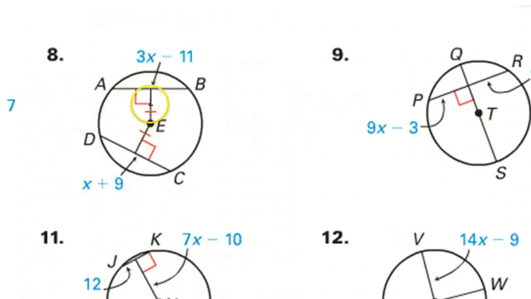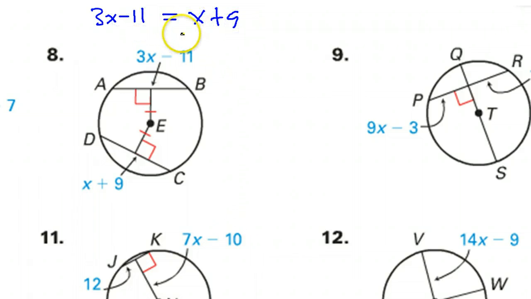Alright, here's a new theorem. If the perpendicular distance of a chord is equal to the perpendicular distance of another chord, then the chords themselves are congruent. If the perpendicular distance is congruent, then the chords are congruent. So see these marks? That means the perpendicular distances are equal. That means the measures of these arcs are equal, so that means that 3x minus 11 should equal x plus